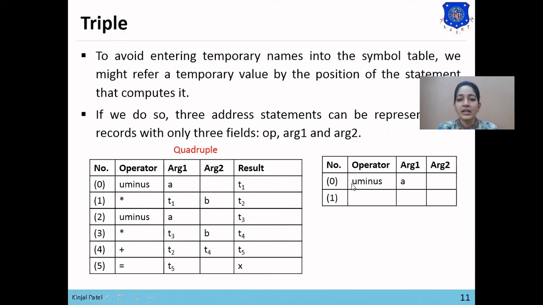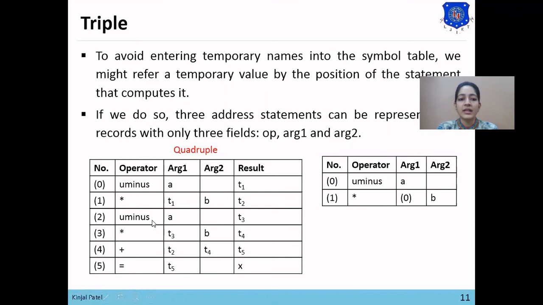The result of the first instruction has been stored at address 0. So we'll use this 0 address to define the result of the first instruction. So 0 is argument 1, star is the operator, and B will be argument 2. Now the result of 0 star B will be stored in 1.